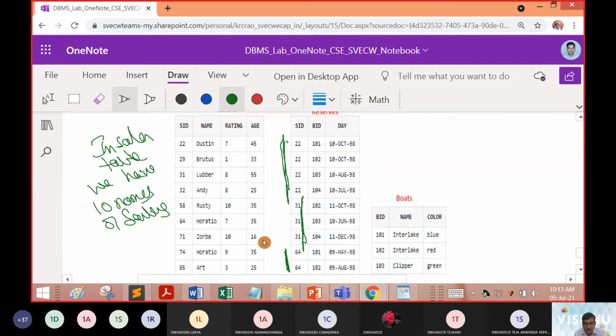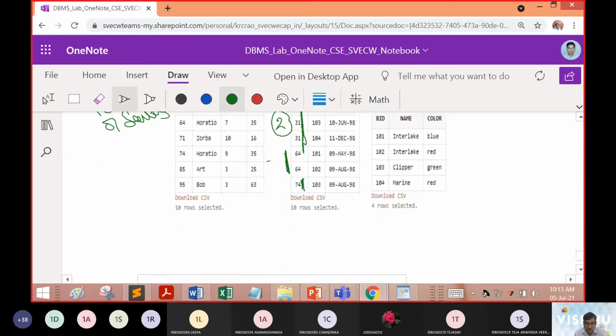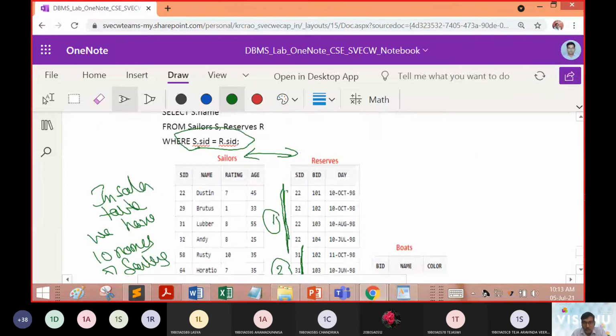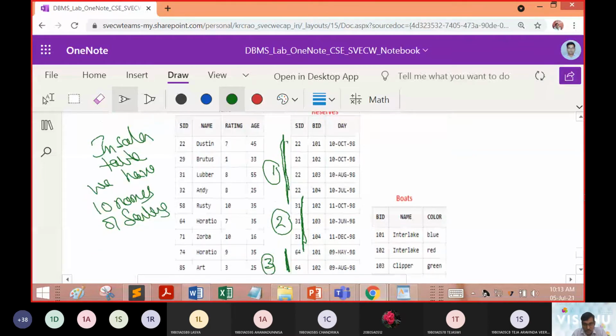No. Did all the 10 people reserve? No. How many reserved? Only 22, 31, 64, 74. Only 4 people came for the reservation at this point of time. There are 10 people, and of those, only 4 had made a reservation.